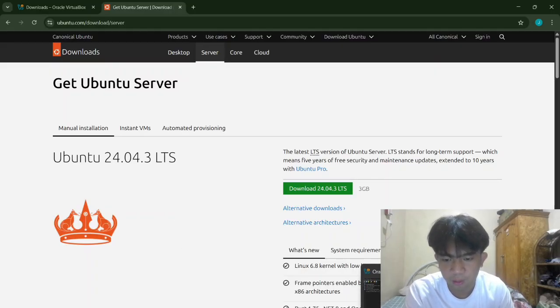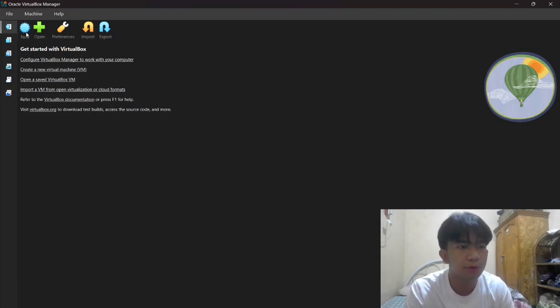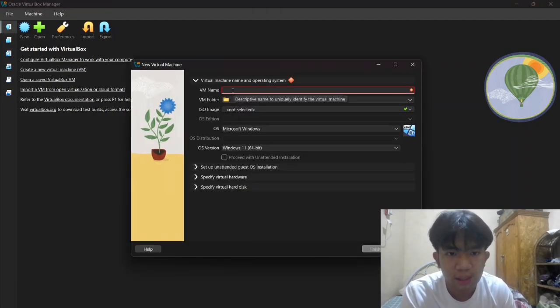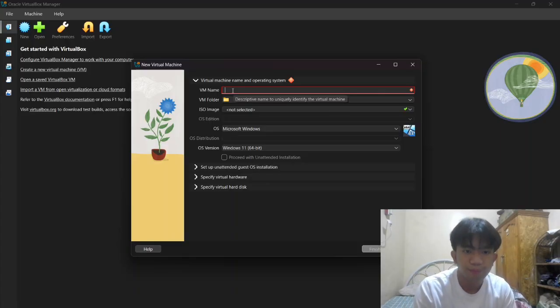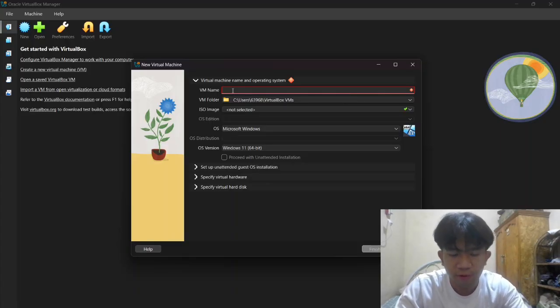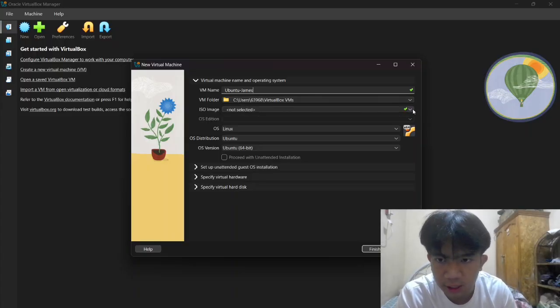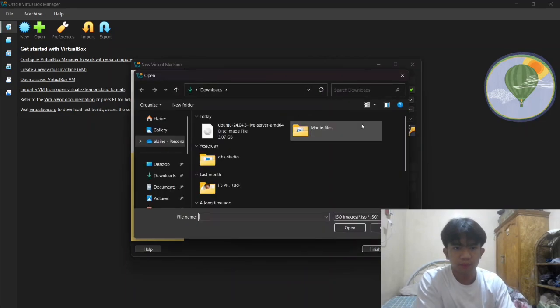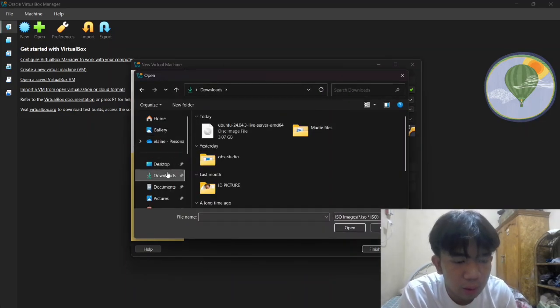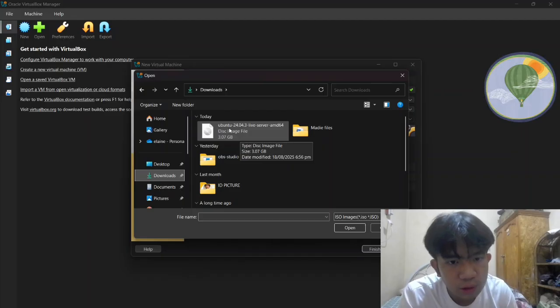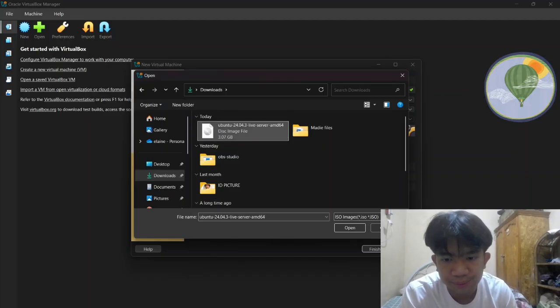So go back to your virtual machine, then click New. Then as you can see, there is a form to fill up. So in the VM name, or virtual machine name, I will name it Ubuntu games. Then in ISO image, let's select Other and choose the one that you downloaded from Ubuntu. This Ubuntu live server. Click this, then open,